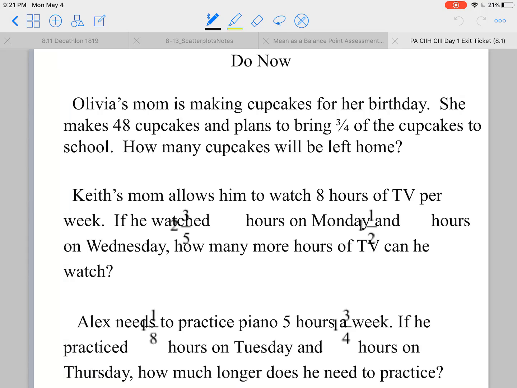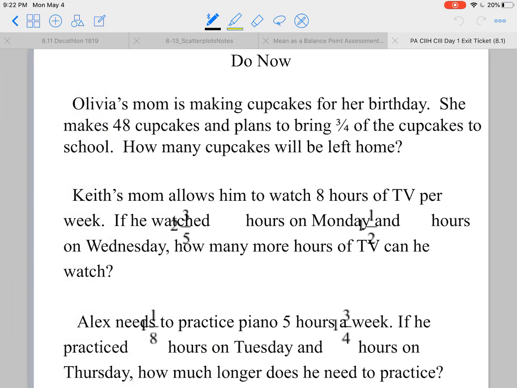Hi everyone, this is Mrs. Harlan. Today we are going to be going over the SOL 6.5A warm-up and the SOL 6.6A and C warm-up. SOL 6.5A covers multiplication and division of fractions, and SOL 6.6A and C cover integer operations and the order of